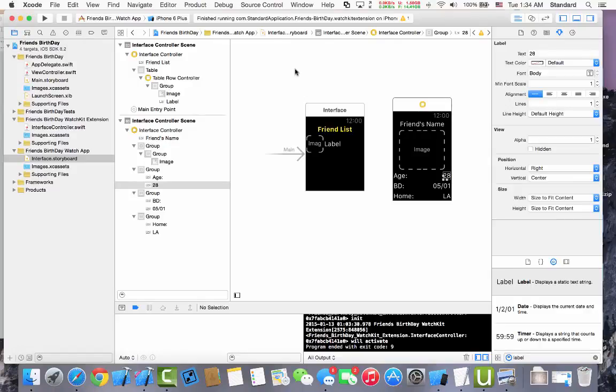Hello and welcome back. In the last lecture, I helped you make our interface like this for our friend's birthday app. But before we start to hook these elements to our code and make the table view, I will help you come back to the second application, the